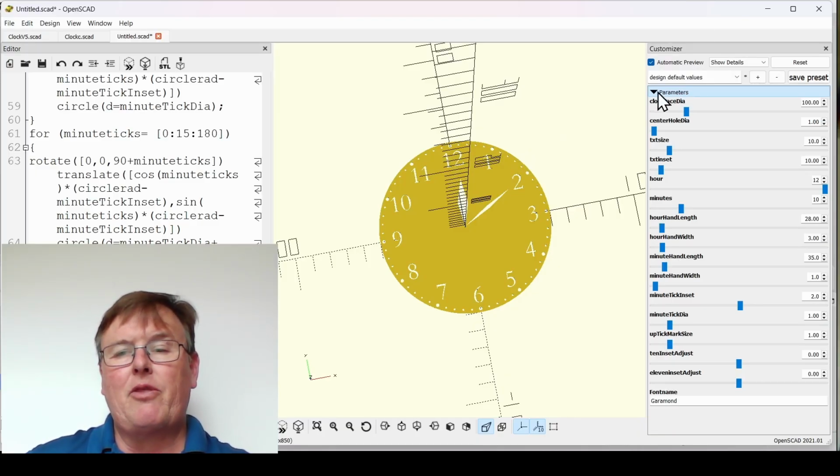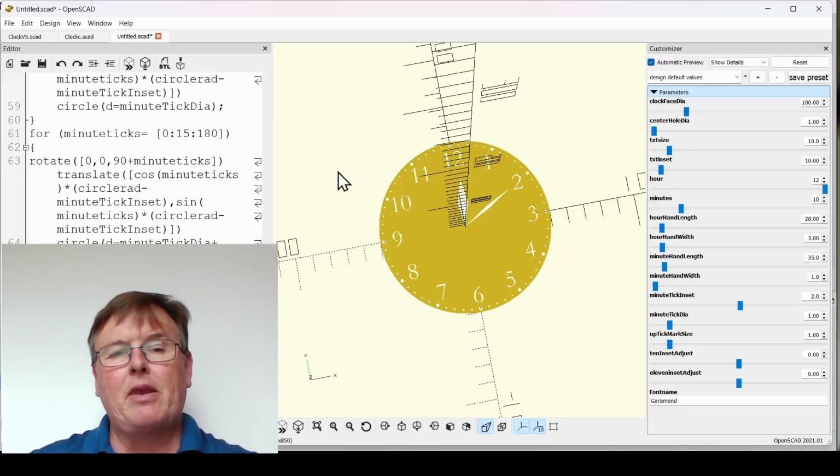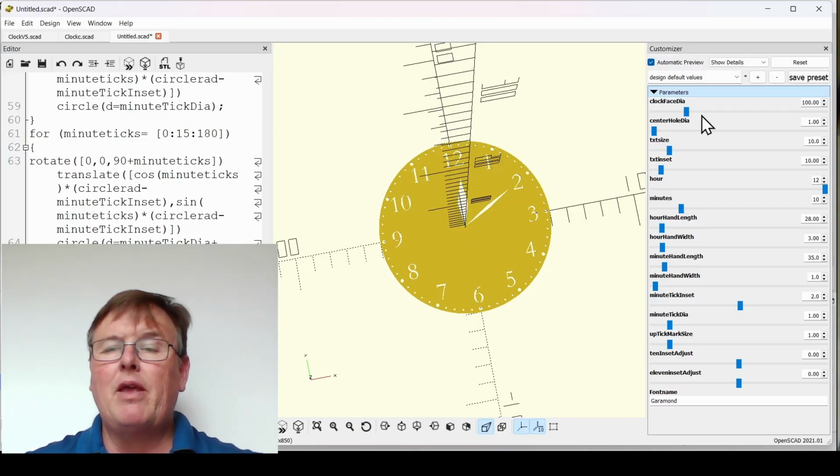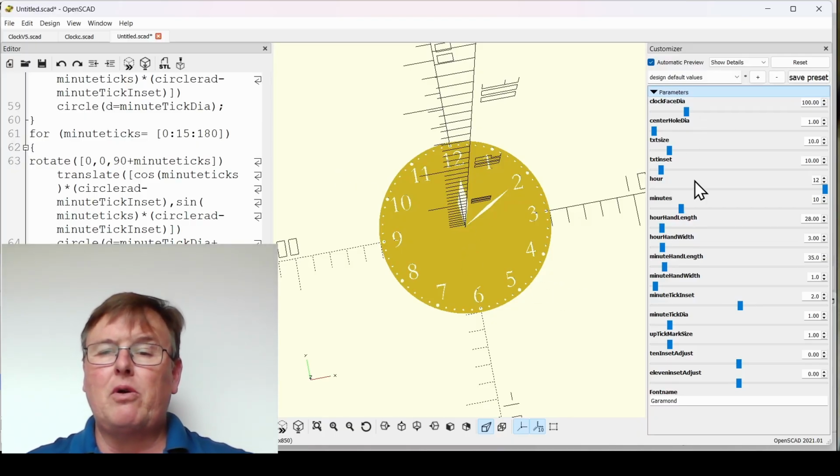So I down clicked on the parameter, and these are all the parameters that you can adjust with sliders or typing in values. And then when we get all done, we can render a brand new model that will be an SVG that can go into whatever software that we want to machine it. So just to demonstrate, let's just use the parameters that we have right now, and let me show you some